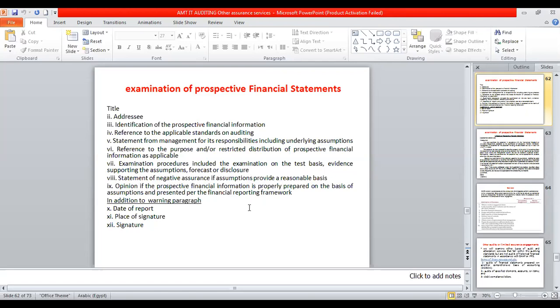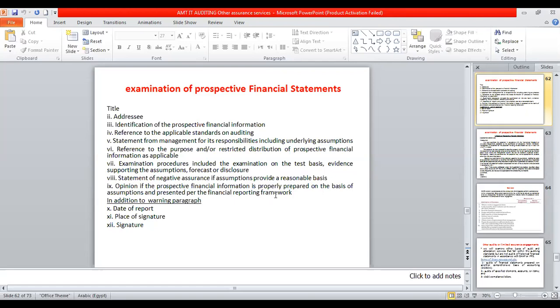Here, as I mentioned, the author evaluates the underlying assumptions, not the items, numbers, or amounts presented in prospective financial statements. The author expresses an opinion concerning the reasonableness of the underlying assumptions, not the amounts presented in the prospective financial statement. So, in the opinion, the prospective financial information is properly prepared on the basis of assumptions and presented per the financial reporting